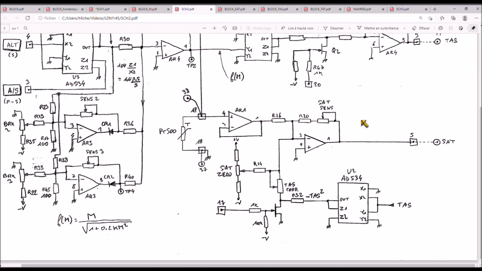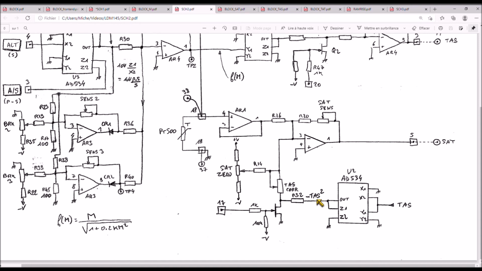So first, the total air temperature is measured across this platinum sensor. So there is an offset. You can see my previous video if you want to know more details about the measurement. The voltage across the platinum sensor is fed to this amplifier, which permits to have an offset and a sensitivity. And then the true airspeed is fed to this multiplier with both inputs connected together. And then at the output we have the true airspeed squared with a negative sign, because actually here the input is connected to wire 1 and not wire 2, so there is a negative sign at the output.